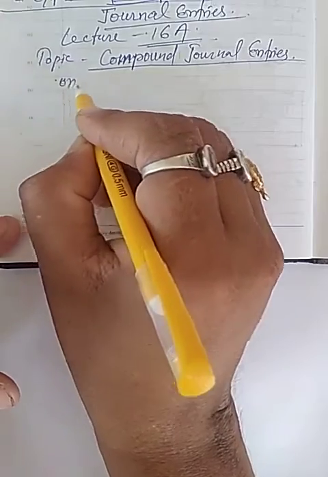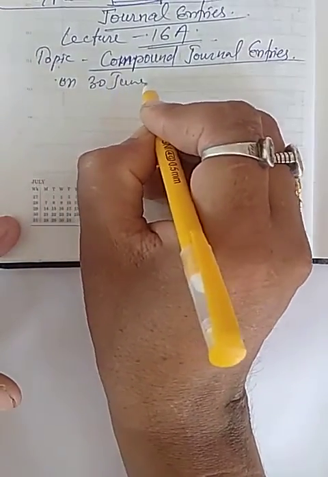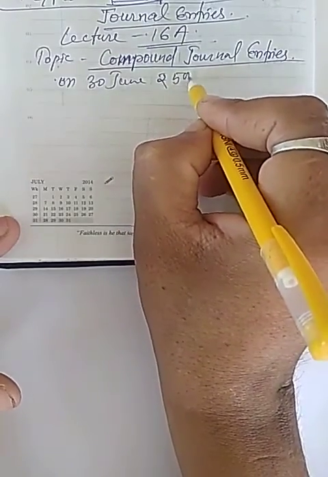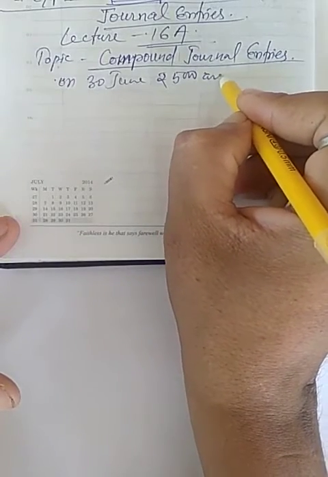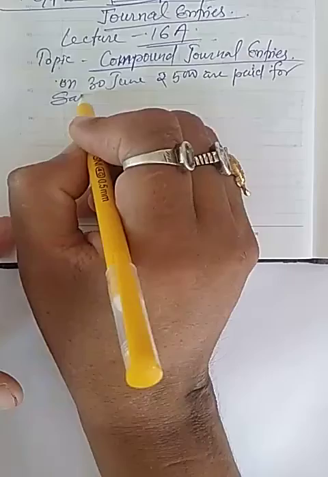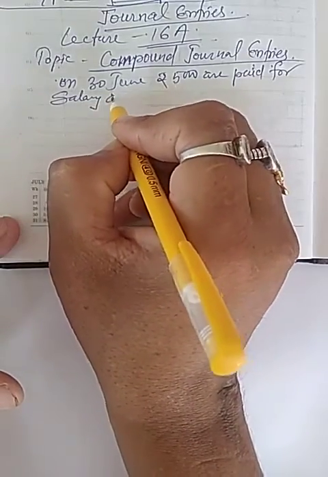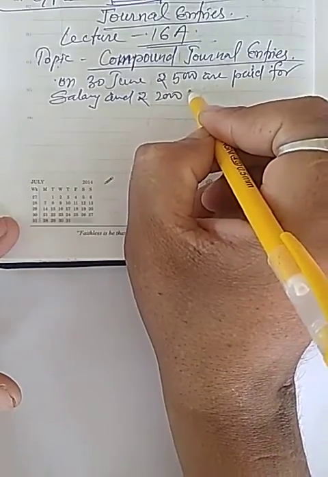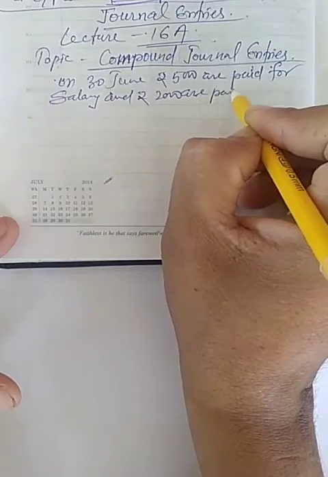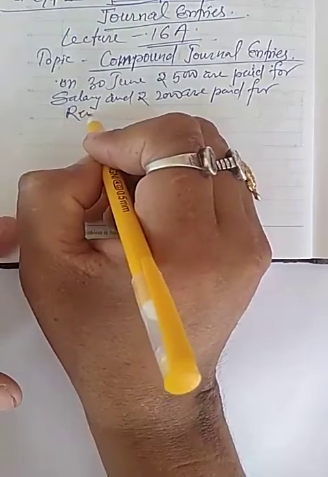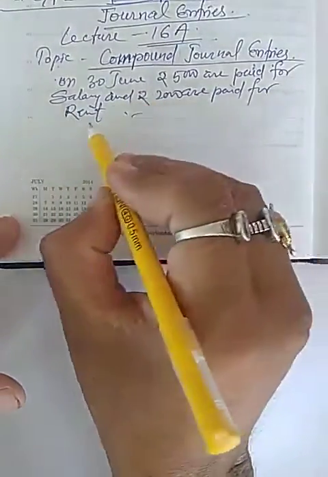For example, suppose on 30 June rupees 5,000 are paid for salary and rupees 2,000 are paid for rent, then journal entry will be